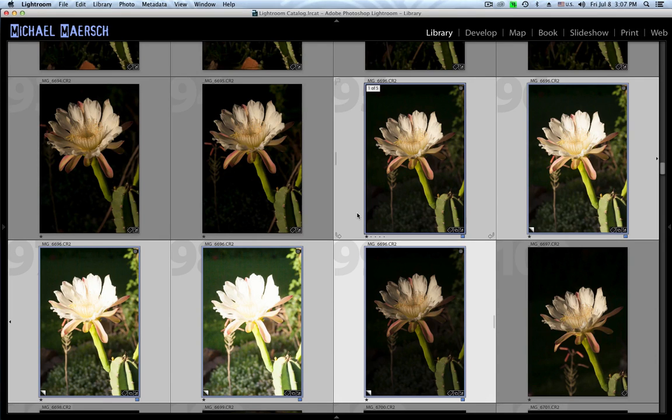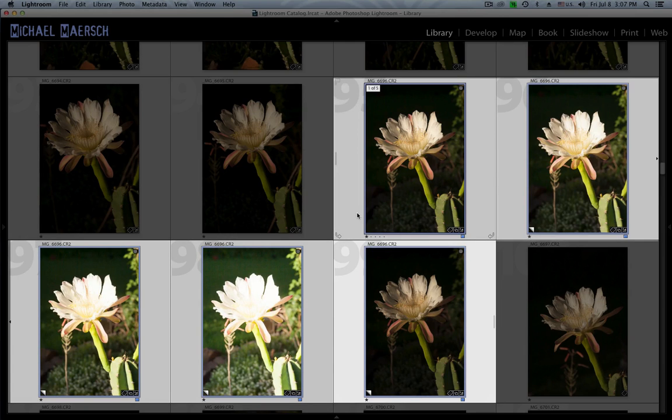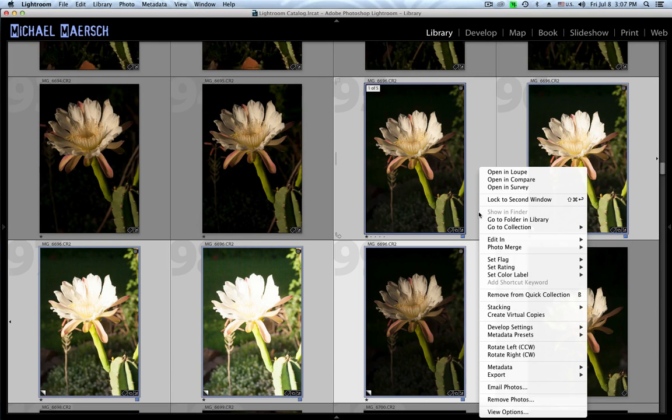Select all 5 of the files here by clicking on the first, the original file at the start of our just completed series. Then holding down the Shift key, click on the last of the 4 virtual copies to select all 5. Now float your cursor over any of the selected thumbnails and right-click or control-click on a Mac, and when the option window opens, drop down to Photo Merge and then choose HDR to start Lightroom's process on the